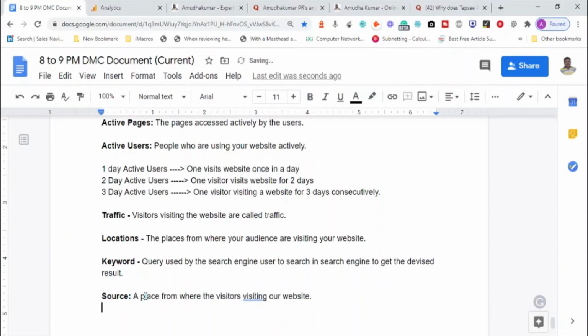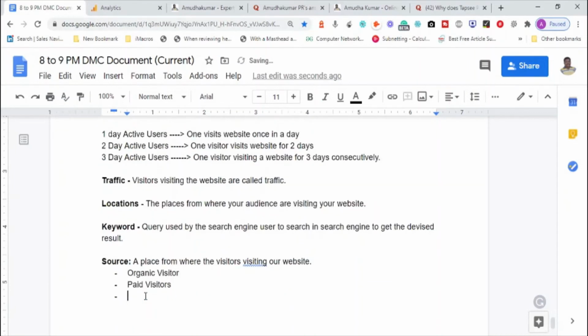There can be multiple sources of visitors. One is like organic visitors. A website can get organic visitors. They can get paid visitors. Paid visitors come from ads or text ads. You run a text ad, you run a display ad. This is like organic visitor and a paid visitor.